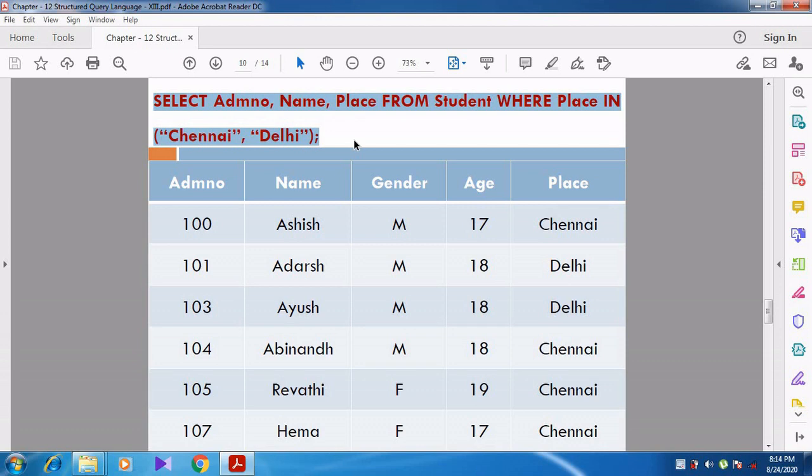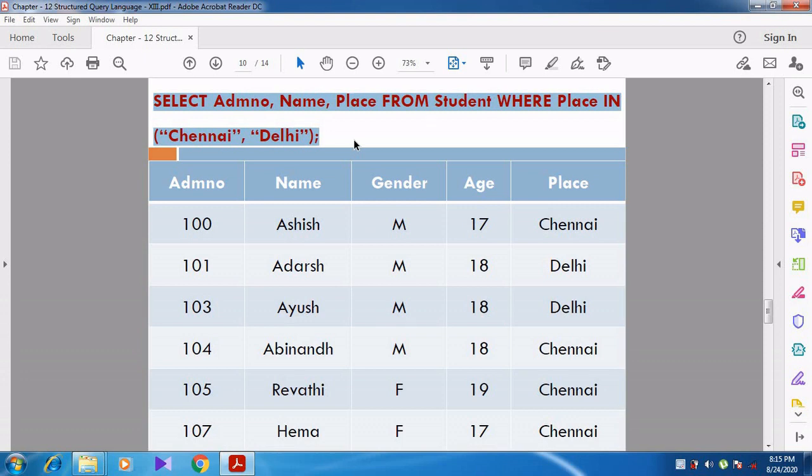Where place in Chennai and Delhi. The list of values given is Chennai and Delhi. Those values alone are displayed as output. The records which do not contain Chennai and Delhi will not be displayed.